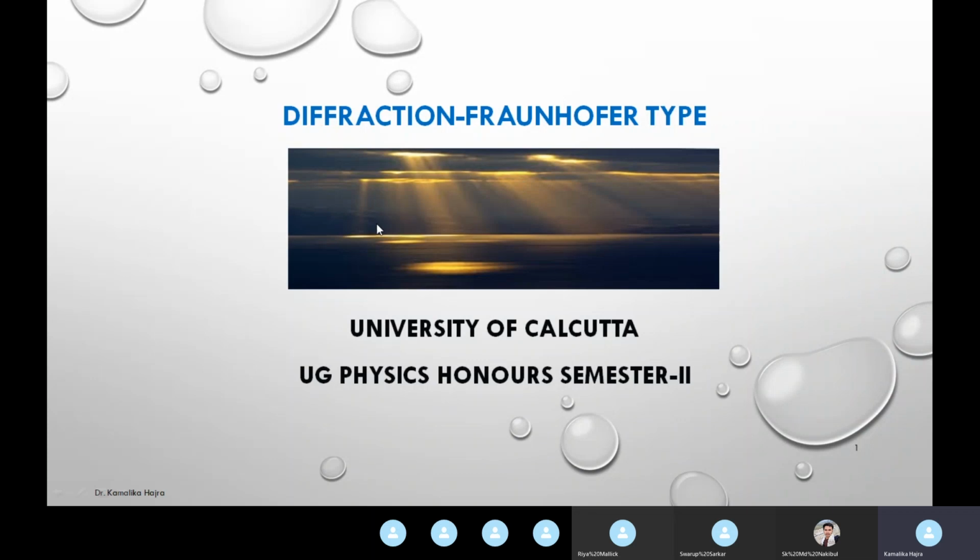You can see that there are small gaps in the clouds through which the sunlight is coming in, and it is producing a pattern of alternate dark and bright intensities. So I found the picture to be very fascinating, and so I wanted to share it with you. This is not in particular for Fraunhofer or any particular type of diffraction, but it is a naturally occurring process in which light is being diffracted due to small gaps, small openings in a layer of cloud and then falling on the water surface.